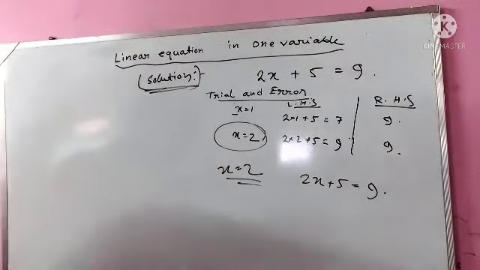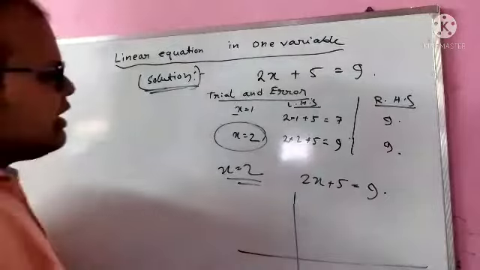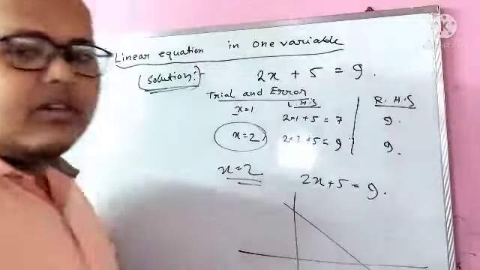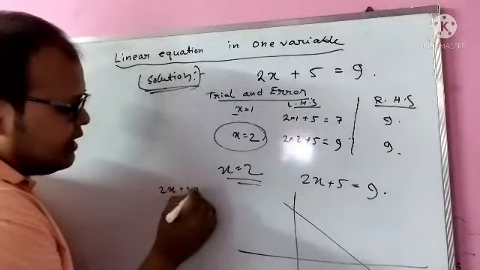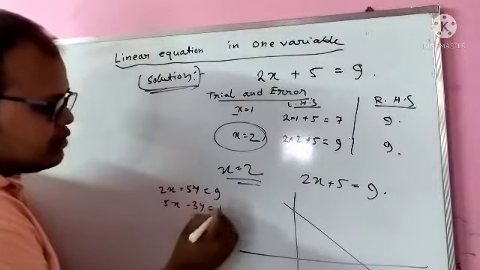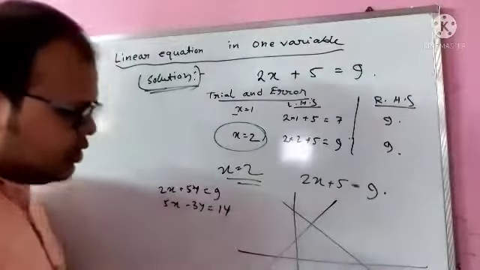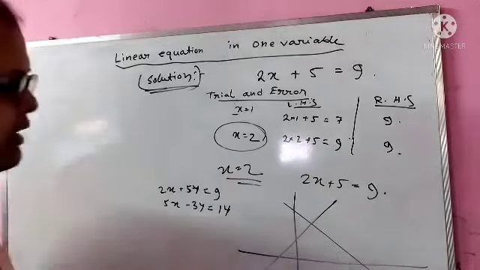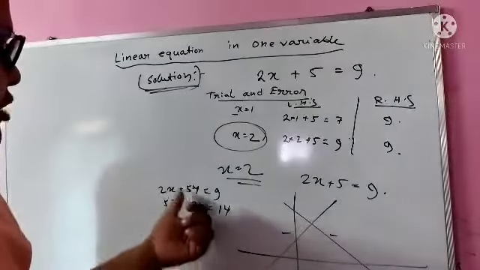In the higher classes you will be learning the difference, where you will be getting the two variable linear equations. Okay, there you can see that any two variable linear equation can be plotted as a straight line in the graph. Suppose two linear equations are there. Let's take the linear equations 2x plus 5y equals 9 and 5x minus 3y equals 14. Let's assume that these two linear equations will be having these two graphs. Okay, we have to plot it nicely in the graph page, and let's assume that these two graphs are the graphs for the linear equations 1 and 2.